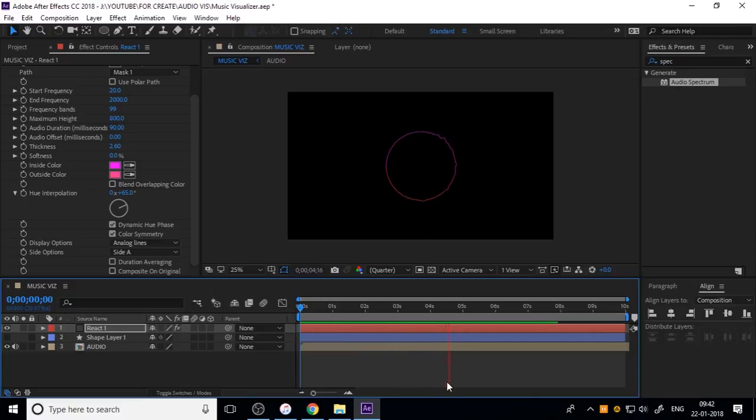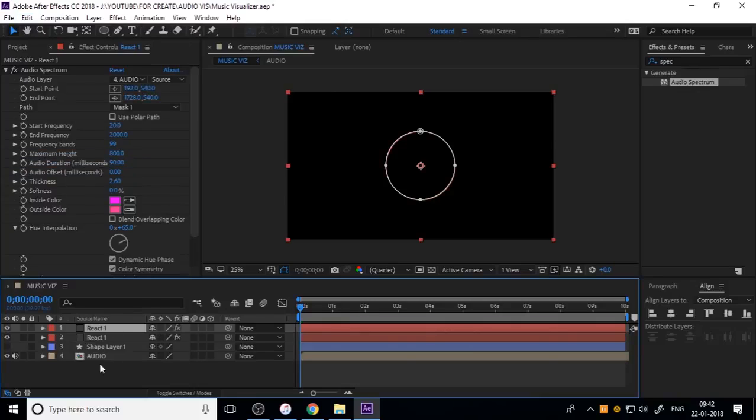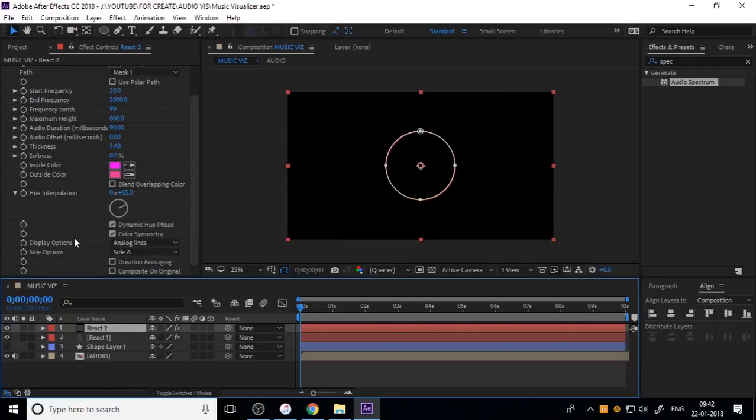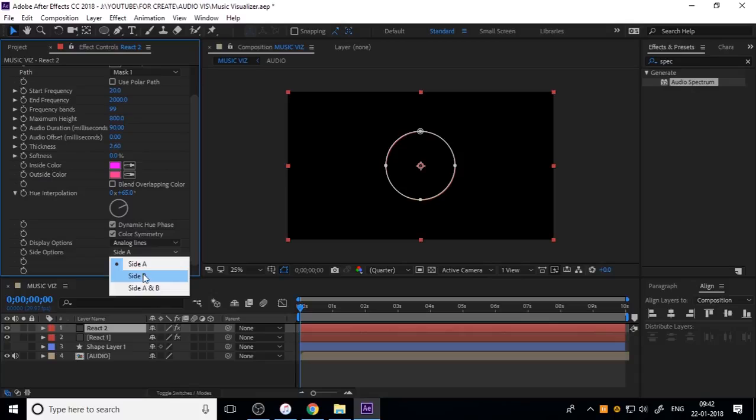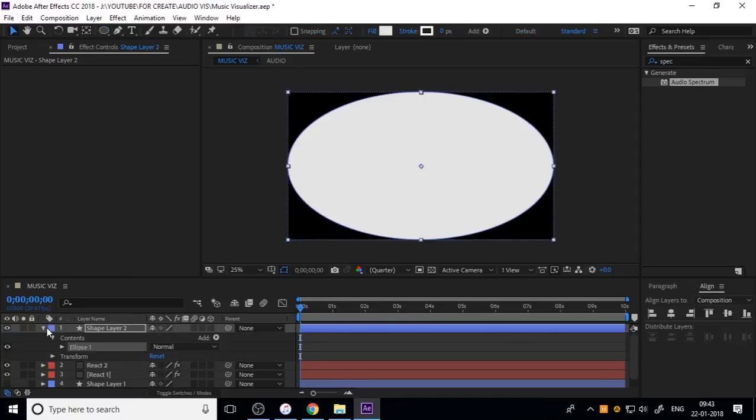The music visualization is going to outside. So I just duplicate this solid and only select the second duplicated and change the side option to side B. If you play, you can get both side, the inside and outside of the visualization, and